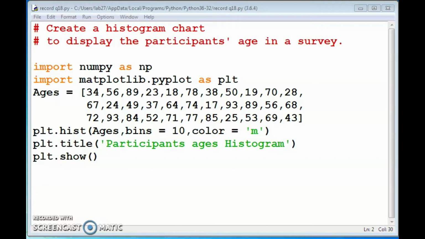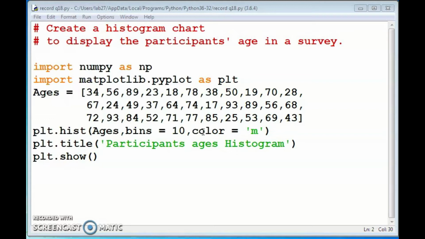For that we can use the statements: import numpy as np, import matplotlib.pyplot as plt. Then ages. We are identifying the histogram: 34, 56, these all ages we specified here. Then what is this histogram? Histograms are a great way to show results of continuous data.